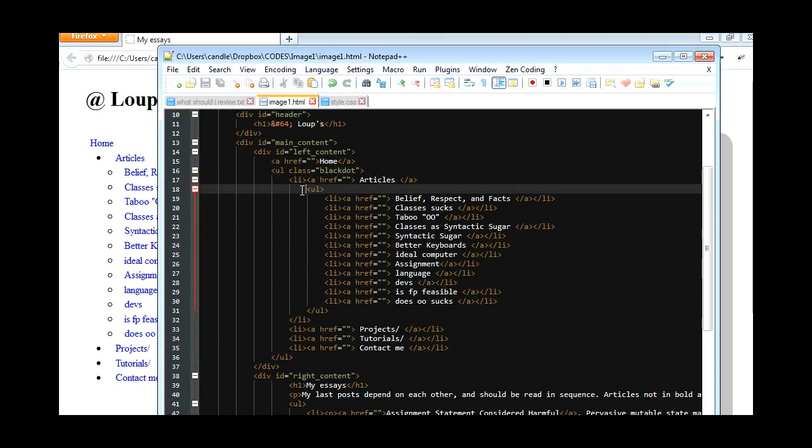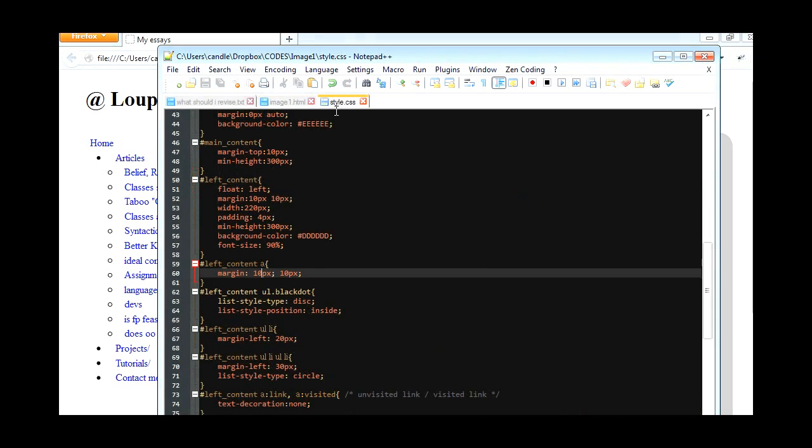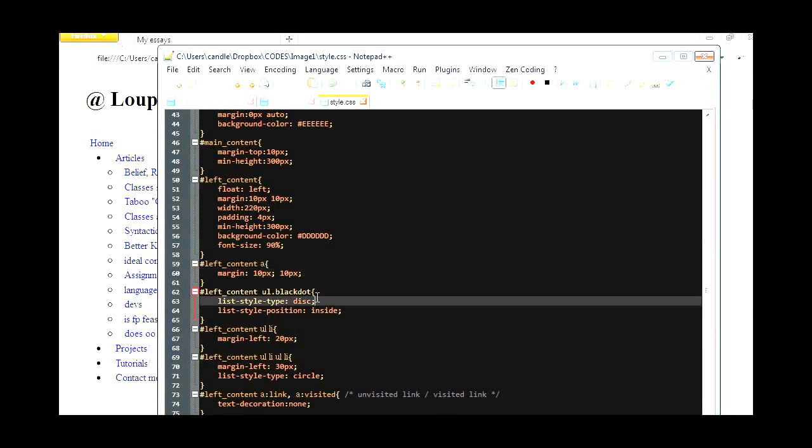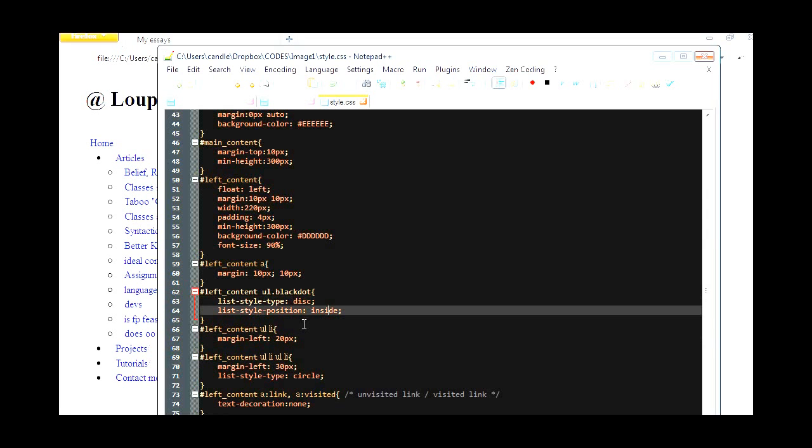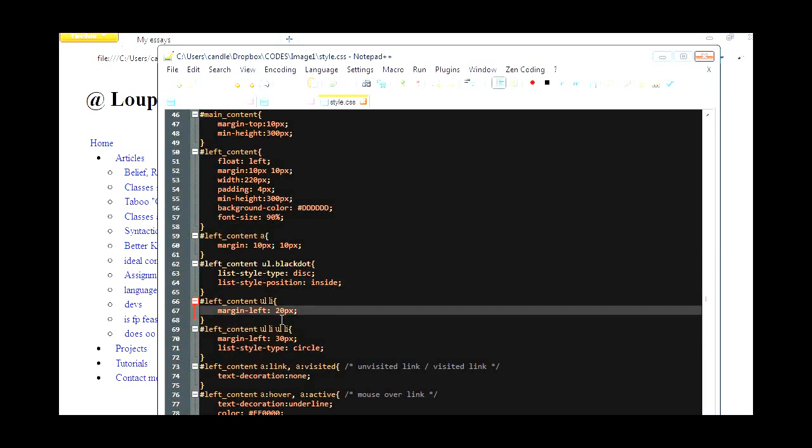Here we have it. I declared a class here, so I can easily set attributes for the unordered list, so that I can set the margin and of course the styling here. What I have here is the list style. The black dot is this one, and I have it a little bit inside for the spacing, so the list style position is inside. For the left content